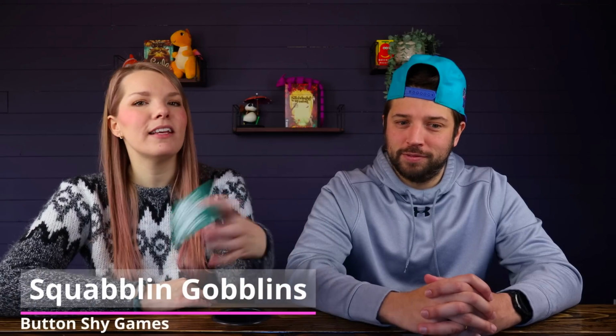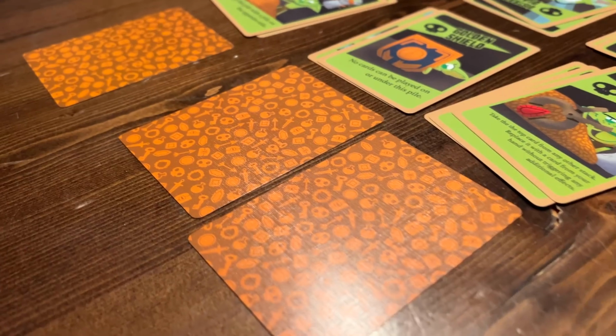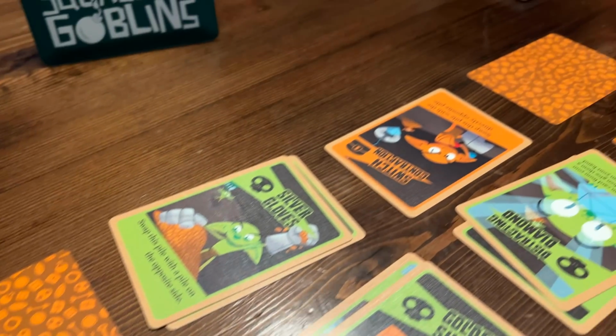Yes. Okay, the first game that we are going to recommend is, of course, a Button Shy game, because obviously there'd have to be one on the list, and this is called Squabbling Goblins, an 18-card wallet game. Basically, with this game, you are just trying to screw the other person over and get as many points as you can. It takes like 15 minutes to play. Each person has a row of 3 cards, and you are playing out cards either to activate the stack ability, which happens immediately, maybe letting you switch around some piles,